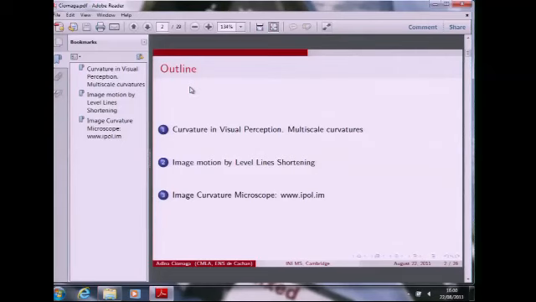The outline of my talk will go as follows. I'll point out briefly the role of curvatures in visual perception and introduce the multi-scale curvatures. Then I will introduce an algorithm that we termed level line shortening, which is basically an image smoothing algorithm that will serve for denoising as well. And in the end,